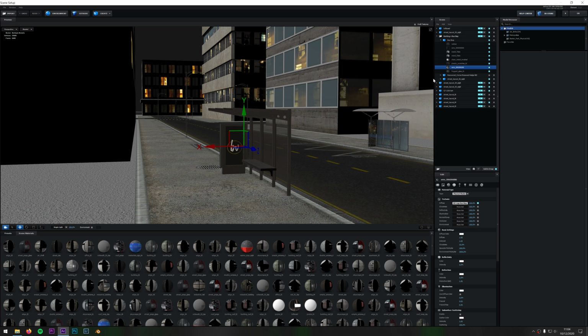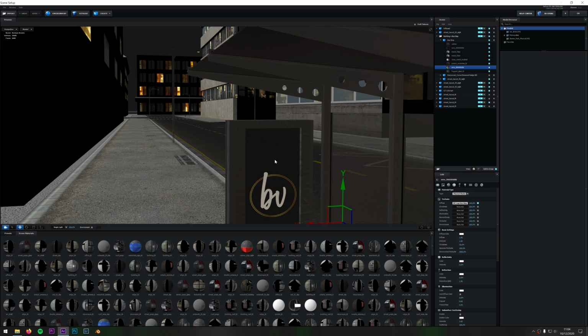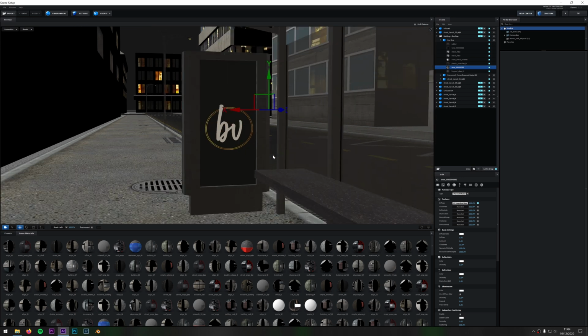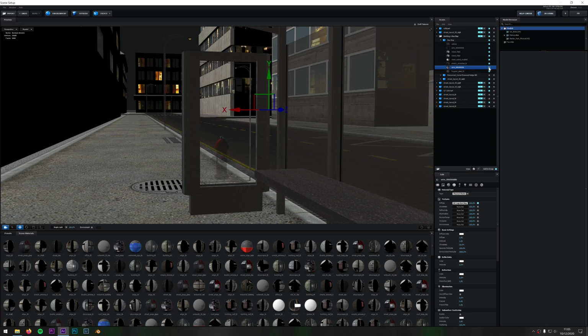Okay, in this bus stop you can see this is where I actually decided to put my logo. Now the way I got my logo into here is, as you can see, it says bus stop. When I come down to here, which happens to be this object, because these are separated into separate objects, if I was to turn this one off, you can see it turns off that. If I turn off this one, it turns off that. So these are separate objects, and this one happens to be the actual sign.